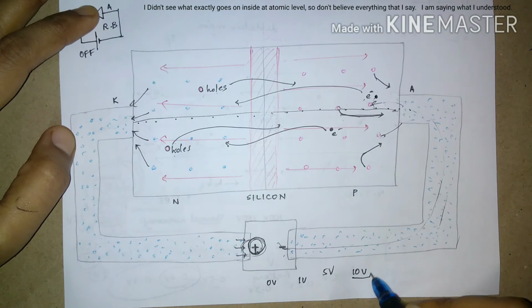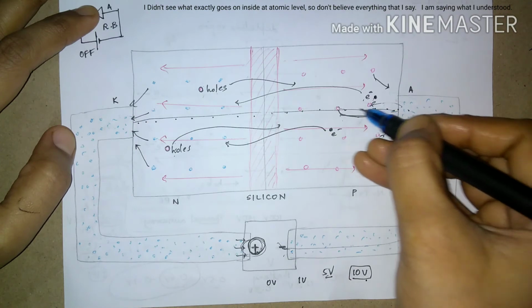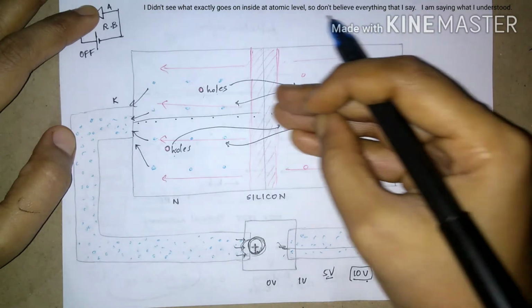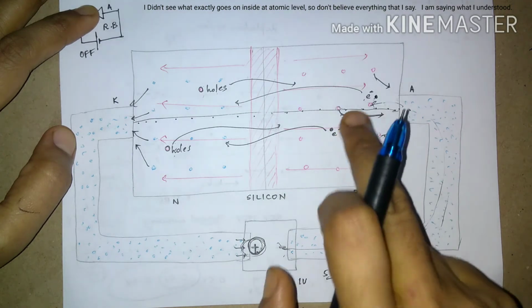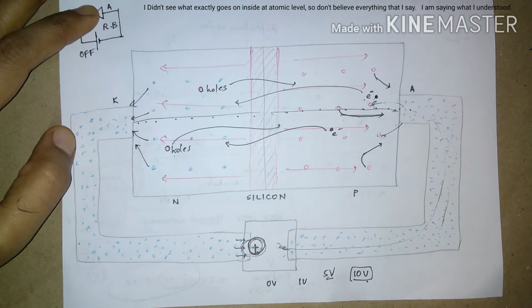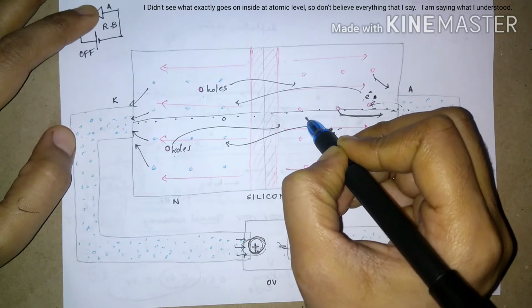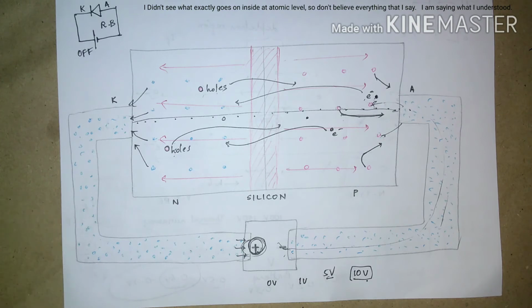So as I increase voltage from 5 volts to 10 volts, its force increases, the speed with which they move increases, they are moving through all the atoms. So the force with which they move will create heat. Minority charge carriers are getting created because of heat. So that heat again in turn creates more and more minority charge carriers. Minority charge carrier creation is happening just because of vibration of electrons and coming out of those valence orbits which are already satisfied, right?